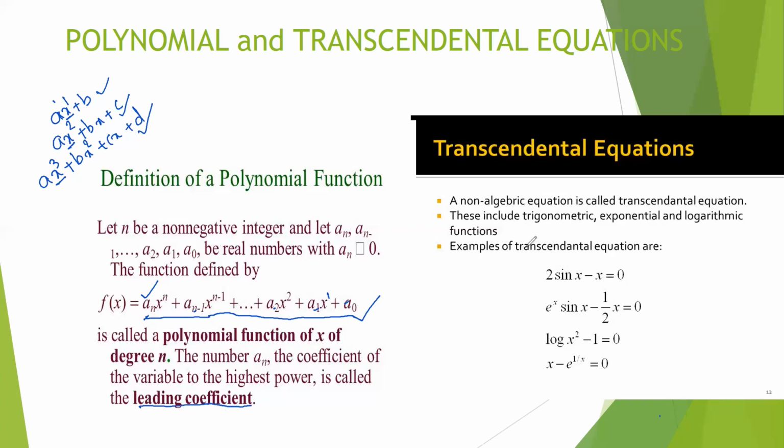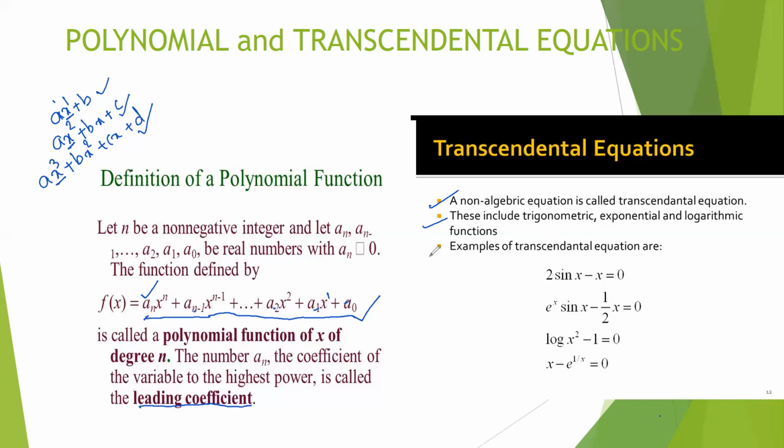Okay, so after learning about polynomial functions, let us discuss transcendental equations. What are these transcendental equations? A non-algebraic equation, non-algebraic meaning not only polynomial functions like these. In polynomial functions, we have seen purely algebraic terms with constants. Other than algebraic terms, we have many other terms like trigonometric terms, logarithmic terms, exponential terms. An equation containing all these different kinds of terms is called a transcendental equation. Simple logic. The equation containing different kinds of terms like trigonometric, exponential, logarithmic and algebraic altogether is called a transcendental equation. Here, in the definition, a non-algebraic equation is called a transcendental equation, which includes trigonometric, exponential,